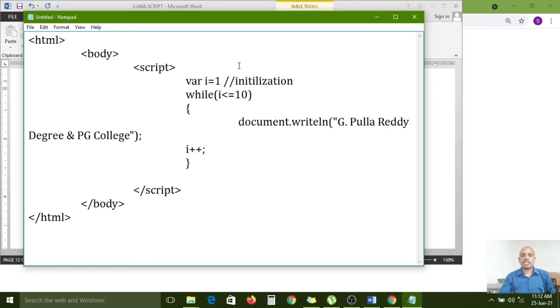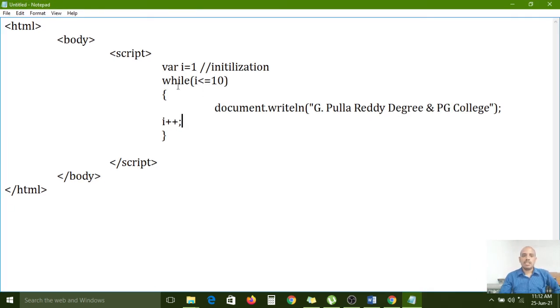So for the first iteration, i less than or equal to 10, i value is here 1. So this is the starting point for the first iteration. i less than or equal to 10, the condition becomes true. The control will enter into the while loop. The body statement, I have one statement here, will be executed, that is, printed, and next the value is incremented. i++ means i plus 1. 1 plus 1, the i value is replaced with 2.